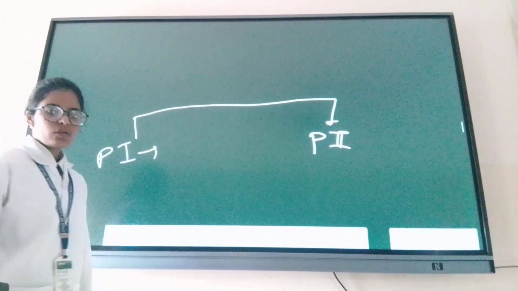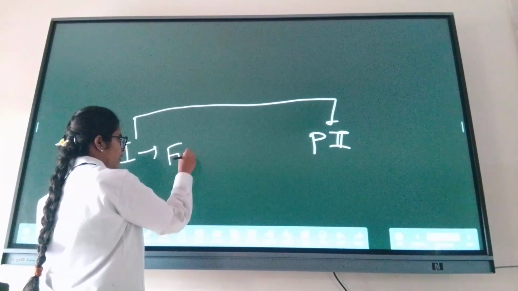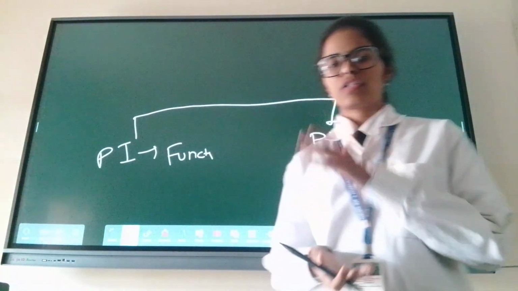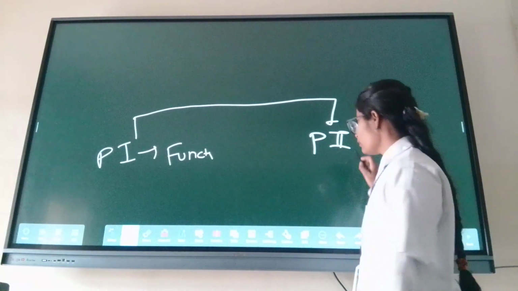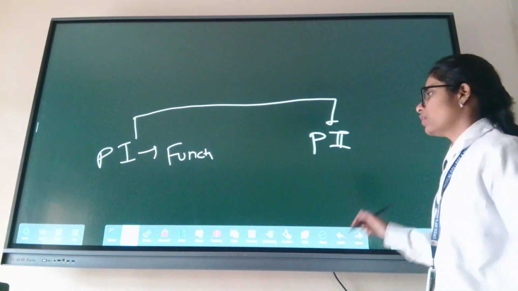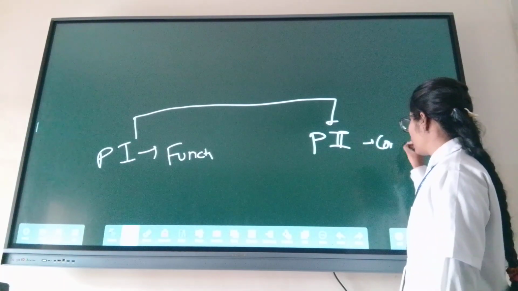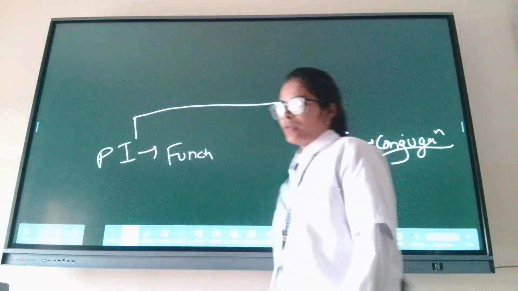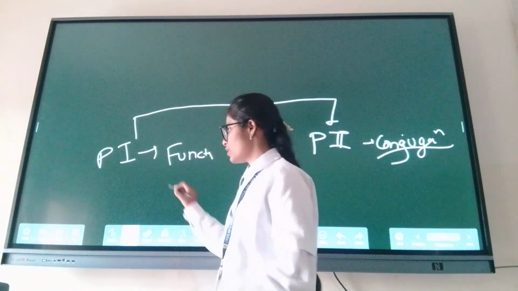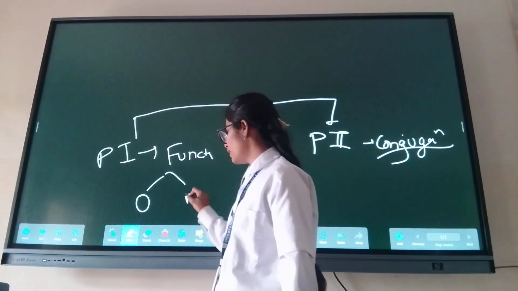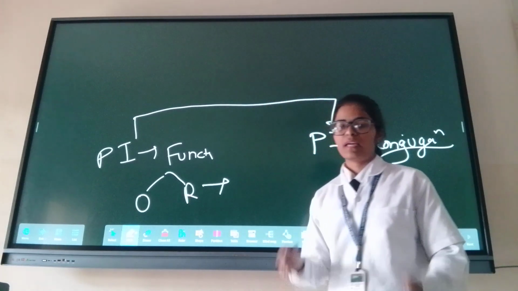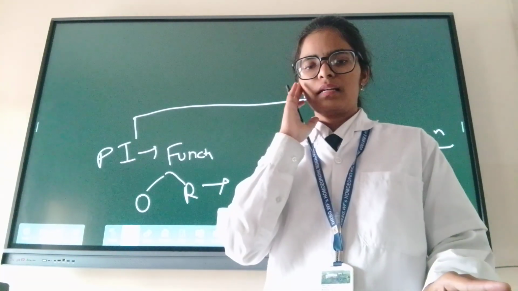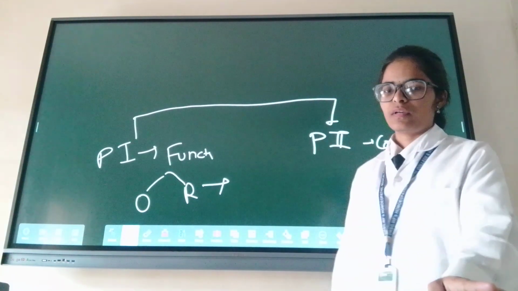Phase 1 is also called functionalizing, means our non-functional drug is converted into functional, means ready for the elimination. And phase 2 is binding with the conjugate, means conjugation. Functionalization has 2 methods, oxidation and reduction. By oxidation and reduction, we are converting the substrate. Now substrate means the drug, the particle of the drug. Whenever I say drug or substrate, it's one and the same thing, okay?